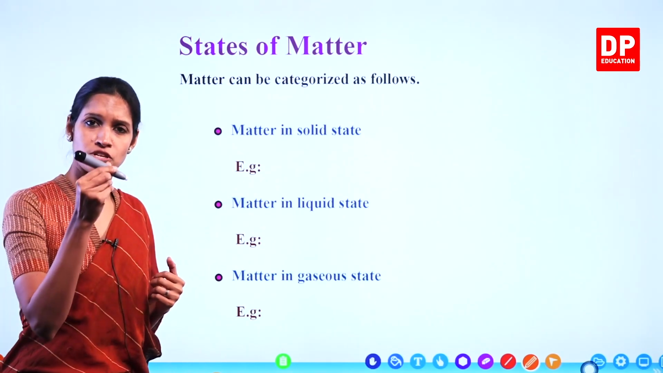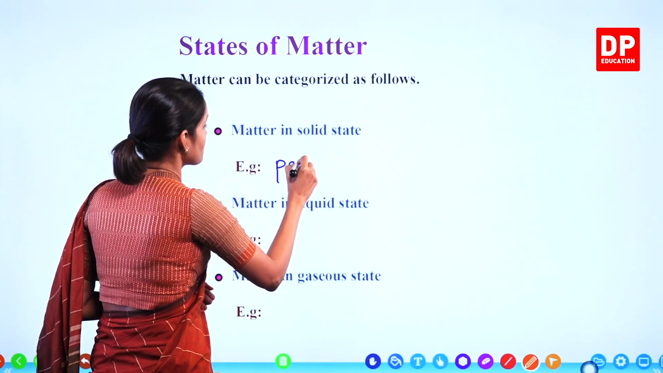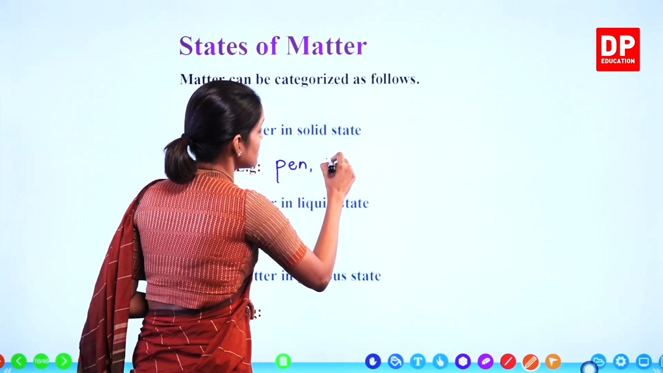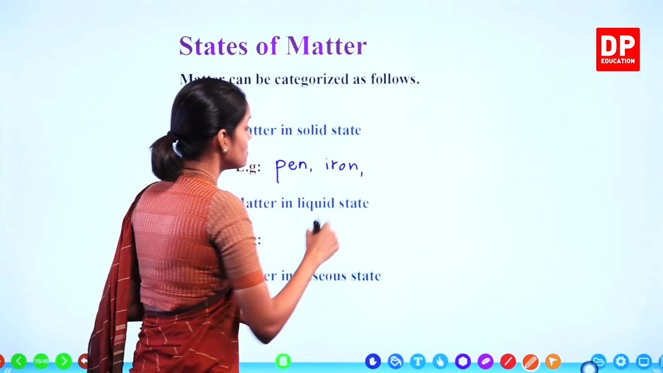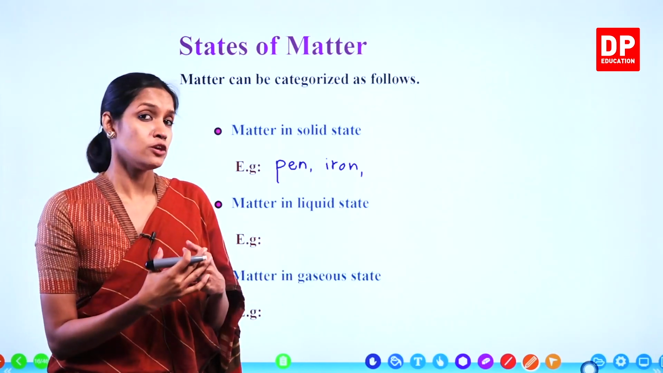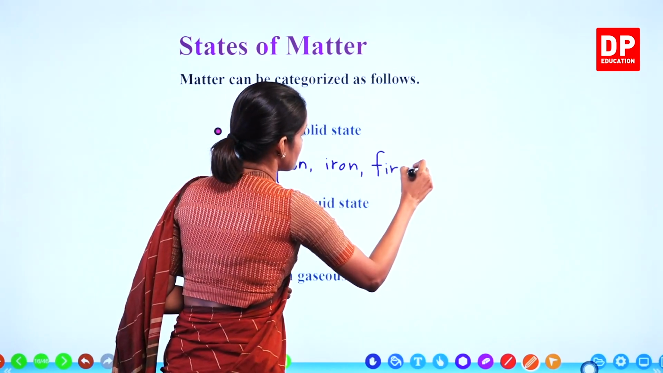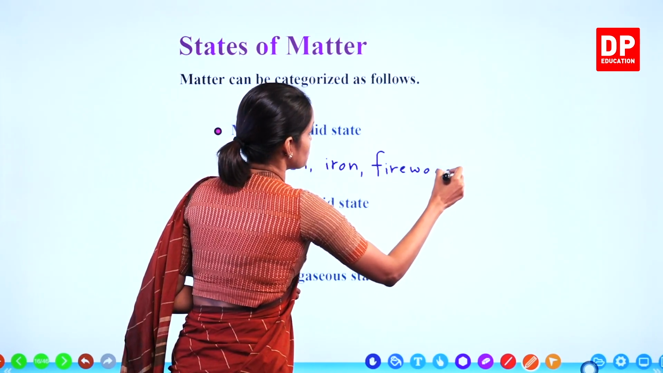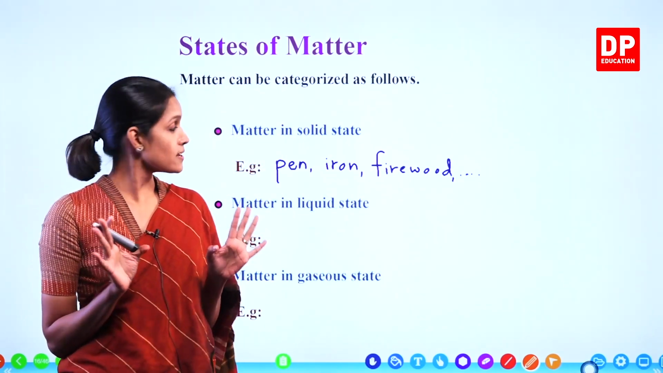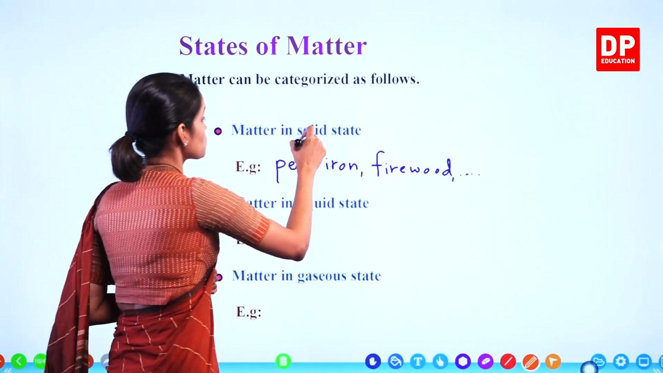What are the solids? Now this pen is a type of solid, right? Examples: pen, a piece of iron. Iron is coming under solid, right? What else? Firewood. In day-to-day life, some people use firewood, right? Firewood is coming under solids, and so many other things come under solids. Understand? What about the matter in liquid state? Now we learn about solid state